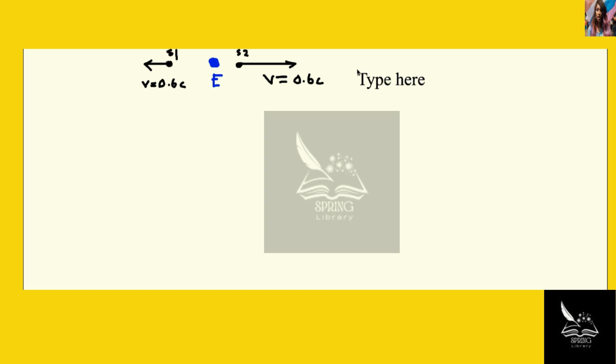really the equation to use here is the relativistic addition of velocities equation, which states that u equals v plus u prime over 1 plus vu prime over c squared. Okay, so